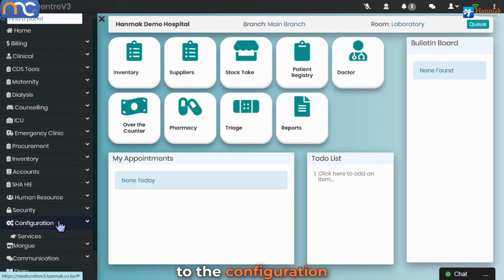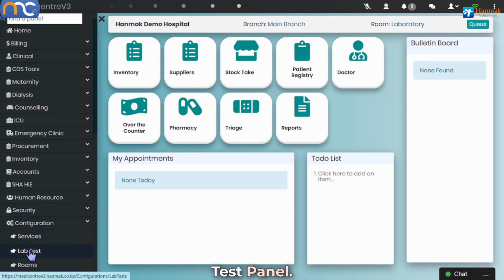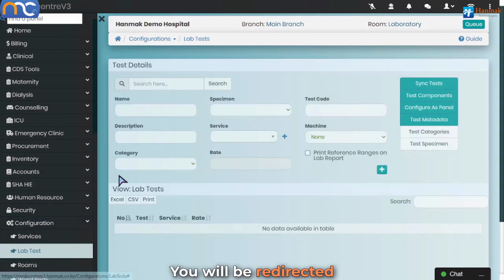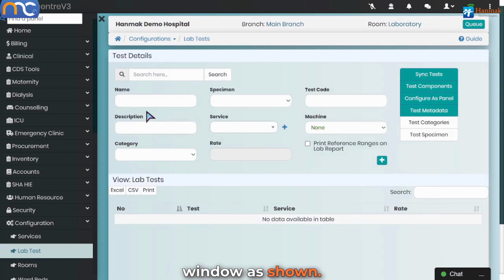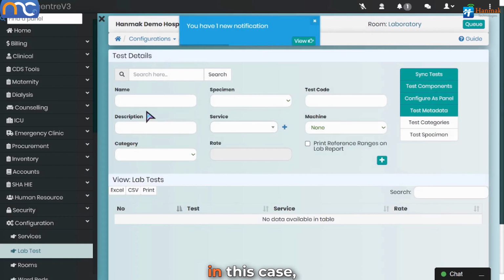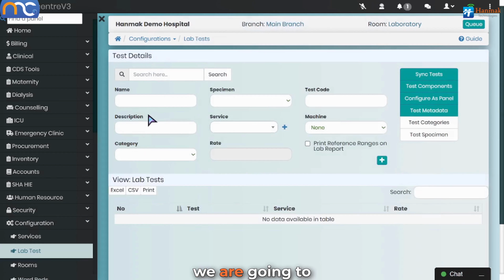Navigate to the Configuration module and select Lab Test Panel. You will be redirected to the next window as shown. For instance, let's use the ANC profile in this case. We are going to create an ANC profile as a lab test. Under the name field, enter ANC profile as shown and record the description to provide more context about the test